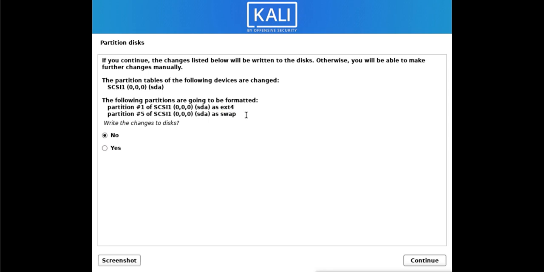In Windows you have the NTFS file system, in Linux we have ext4 here in this Kali Linux. So now I am sure what I am doing, so I will say yes. Now it has created those partitions and now it is installing the system. So now the installation has begun.